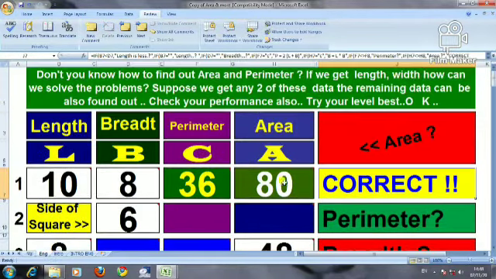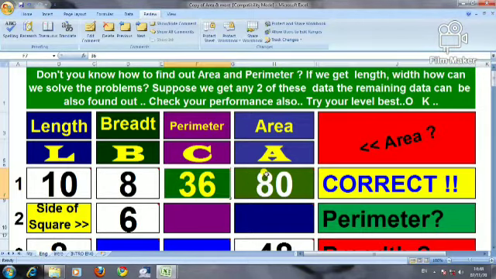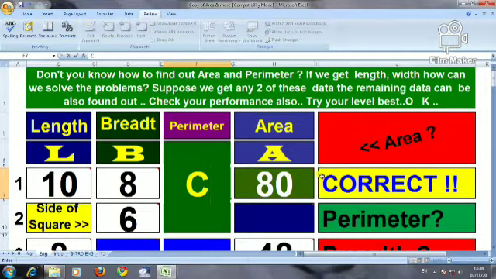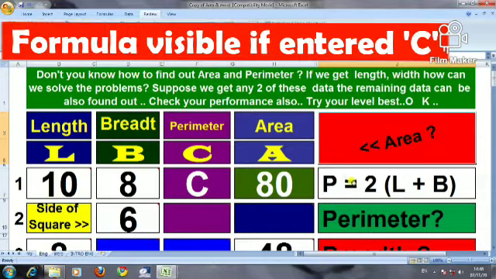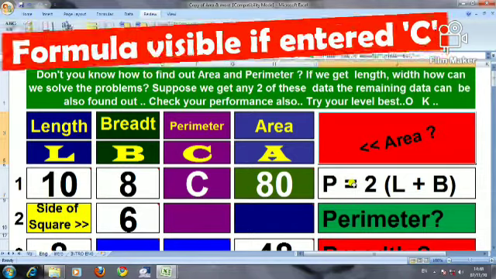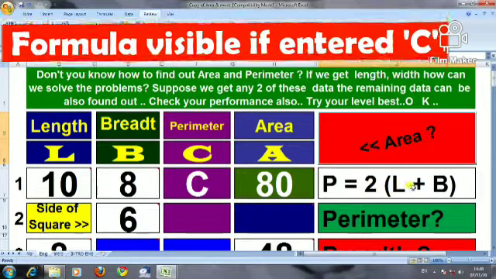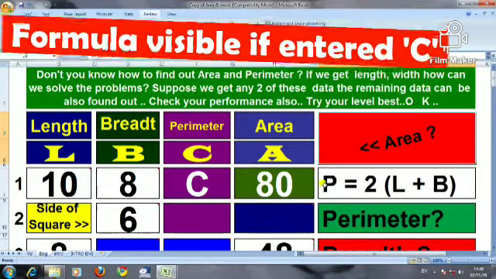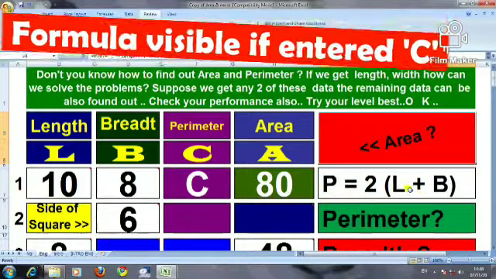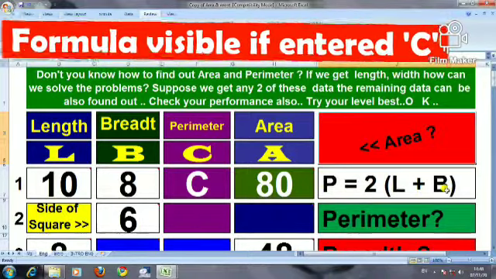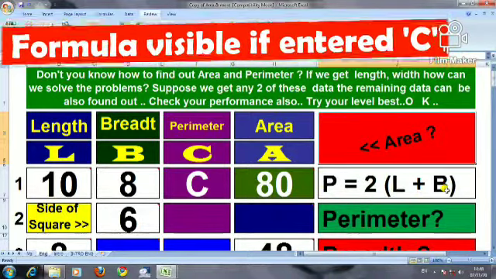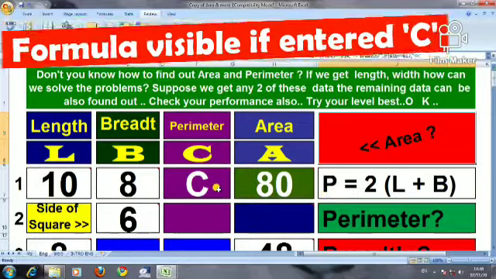Now suppose you don't know the answer, perimeter you don't know, so you have an option to give C here. You just type C here, then you see the formula is given here. P is equal to 2 times L plus B. P is equal to perimeter, L is equal to length, B is equal to breadth. So such a formula will be there. Now